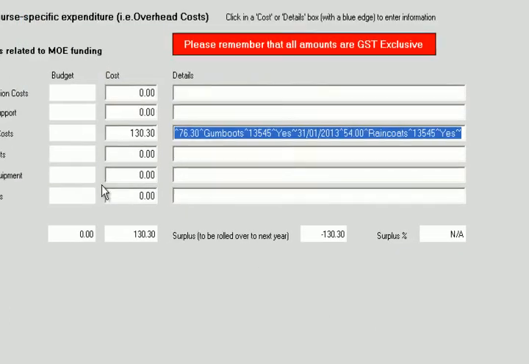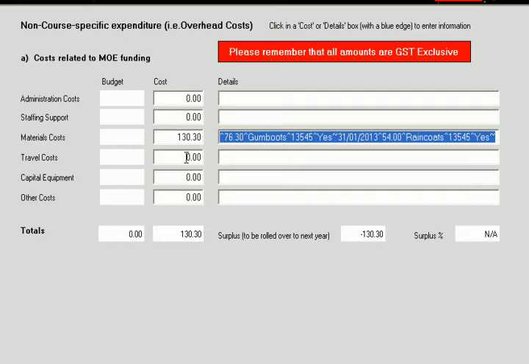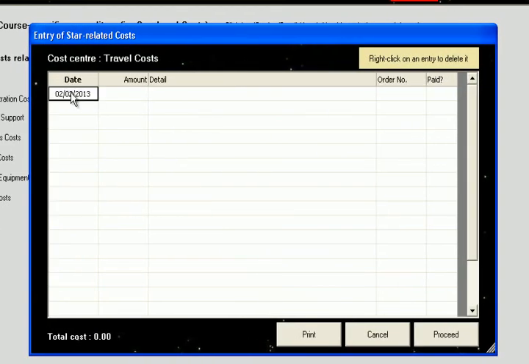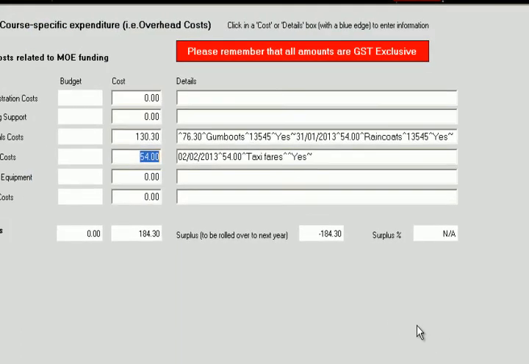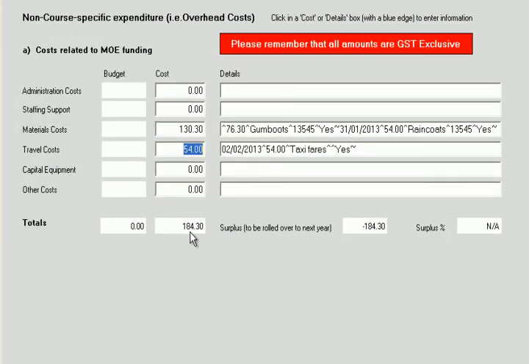We'll also put some costs for travel costs by clicking in here, and on the same date we spent $54 on taxi fares. And no order number, and it was paid. Proceed. So now we have a total of $184.30 spent, no budgets, but that will come later, and you can